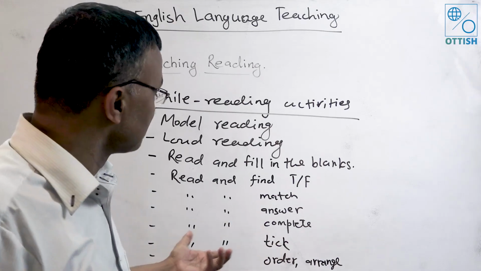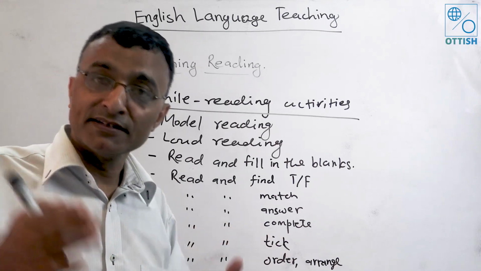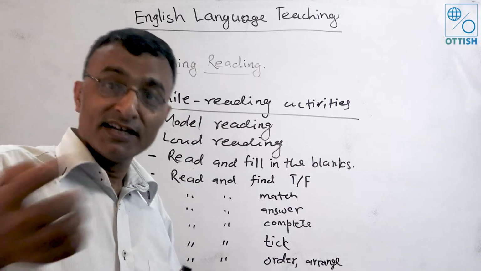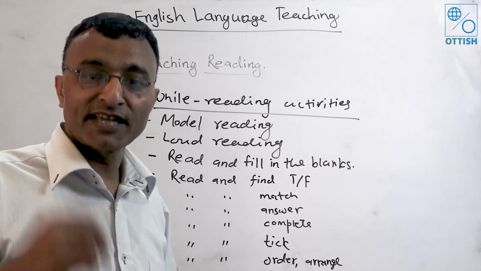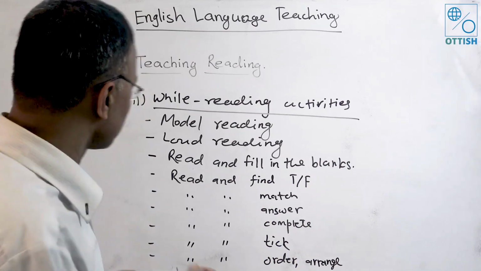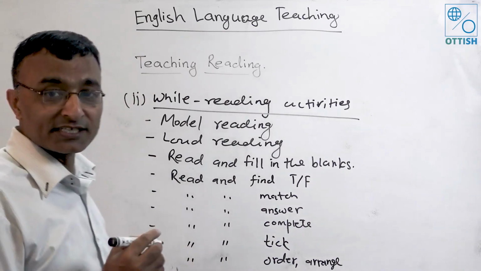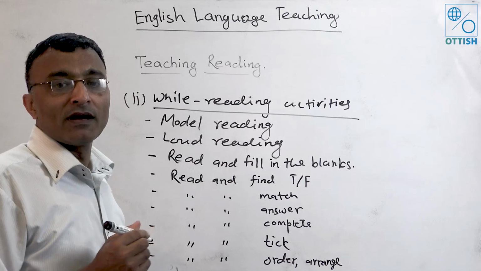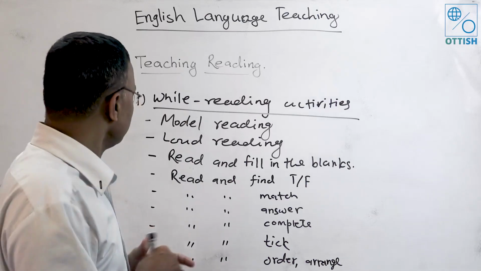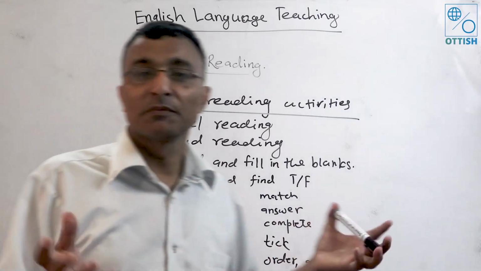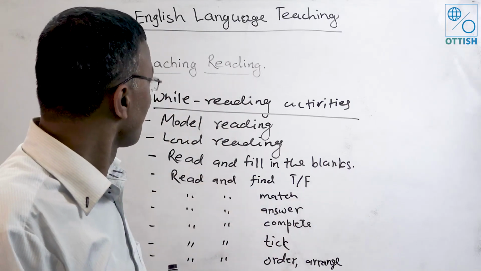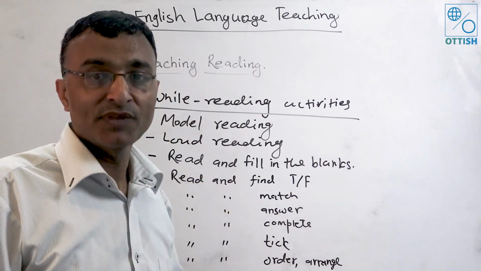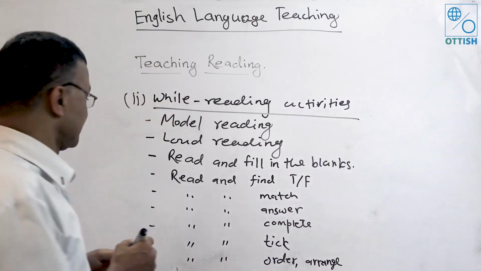First of all they read, and related to the text, guessing items can be given, and the students can be involved in guessing. So read and guess is another activity. Generally these are the major activities for the while reading stage. And the third stage,